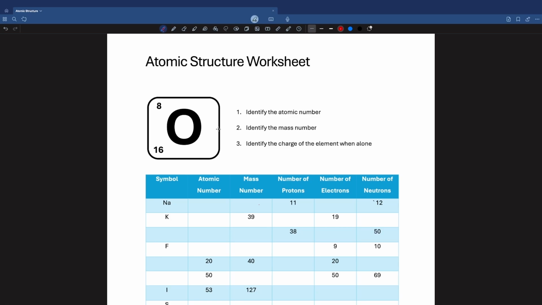This is the first explainer video uploaded to my channel. This will follow the atomic structure video from the organic chemistry course. If you don't know where this worksheet is, this is completely free. It is in the description of this video as well as in the description of the atomic structure video, the